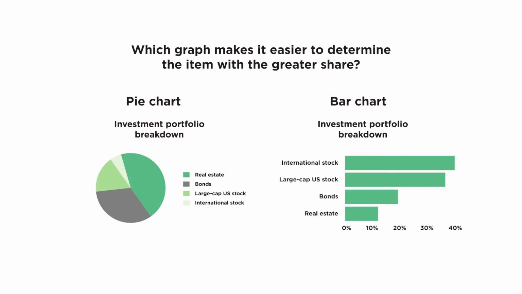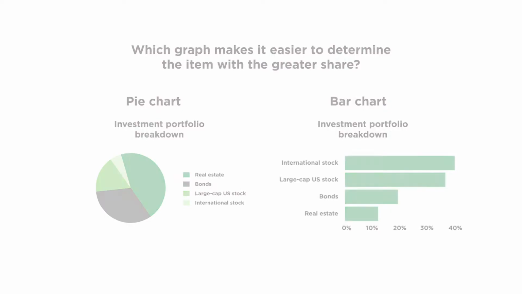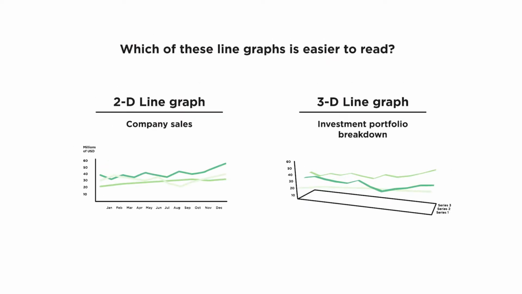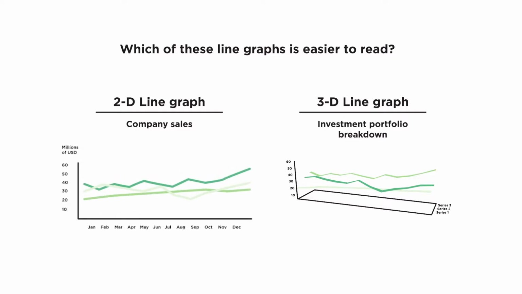Studies have found that it's actually more difficult for people to judge differences in area of a pie than it is for them to judge differences in length of bars. Which of these line graphs is easier to read, the 2D or 3D line graph? If you selected the 2D line graph, you're correct. Making objects in a graph appear in 3D adds no extra information and usually makes the values harder to read